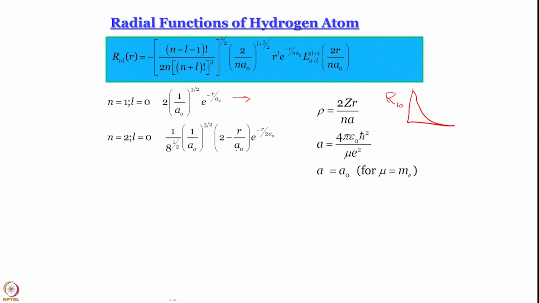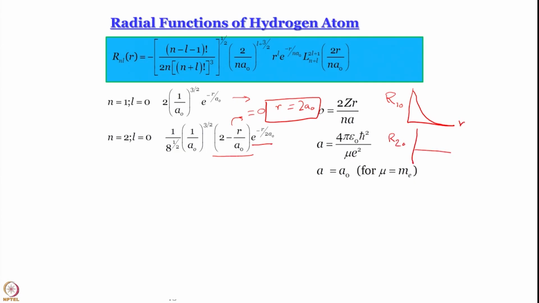So, this 2 minus r by a0 can become 0 somewhere. This whole thing, where does it become equal to 0? Where r is equal to 2a0. So, this factor becomes 0 at r equal to 2a0, and then it does not matter what the value of e to the power minus r by 2a0 is, the product will be 0. So, if I try to plot R 2 0